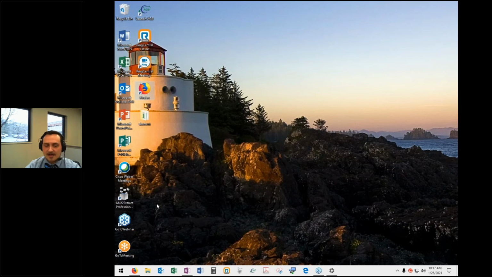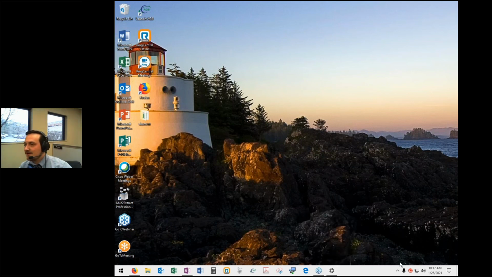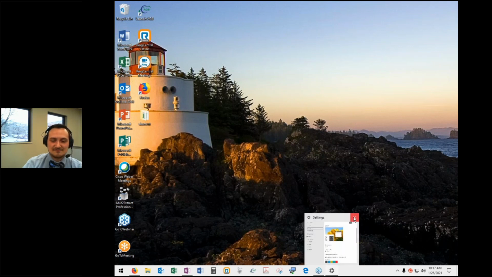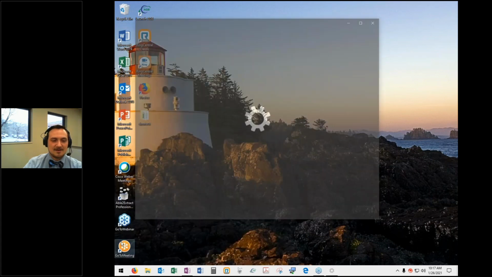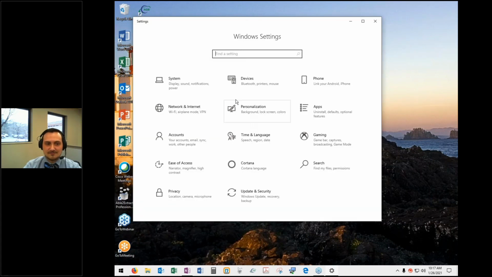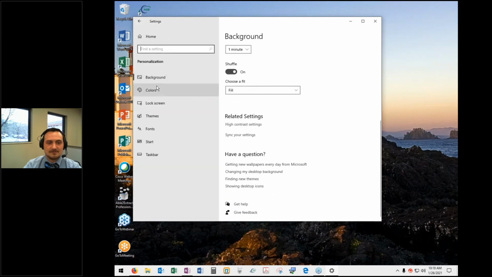Additionally, if I drag my settings and I move those back over, if I could find it. Sorry, my computer likes to hide things from me. So I'm going to just get back into the settings the same way I was by going to the start, clicking on settings, and going to personalization. Then I go to colors,